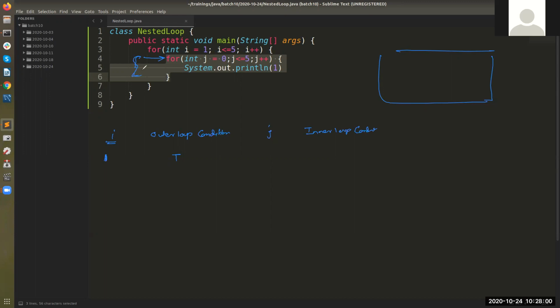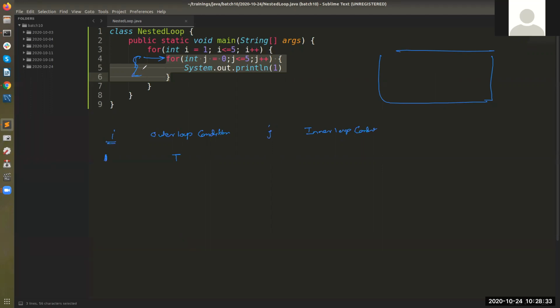Now that body contains a loop, just as a body might contain system dot out dot println or an if else condition, right? It has to execute. It will not say, okay, I'm also a loop, how can you keep a loop inside my body? Java allows you to write a loop inside another loop, if else inside a loop, a loop inside if else. So you can make your controls like this. You can write your code by adding conditional constructs into loops and loops into conditional constructs. So we can solve our problem.